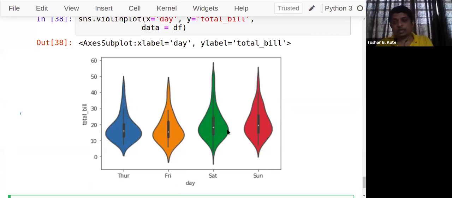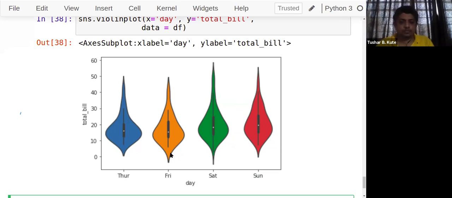It is a combination of KDE and box plot. Only 4 days are there: Thursday, Friday, Saturday, Sunday. Now you can observe that on Thursday, maximum bills are within this range, 10 to 20. Here more are there, so according to the width we can identify the capacity they carry. Internally, we can see the whisker is present. That is a box. The dot shows the median of all the values. You can see the highest bills were paid on Saturday, then Sunday, then Thursday, and then Friday.